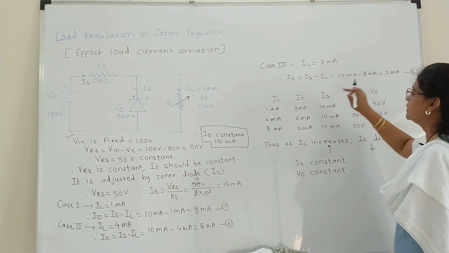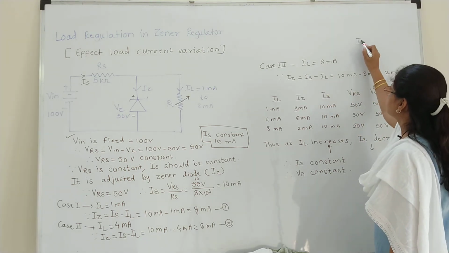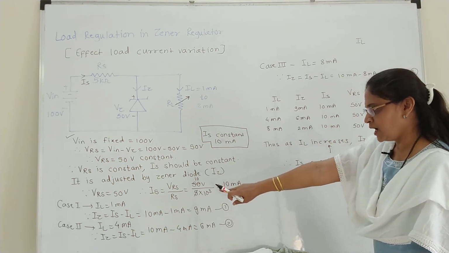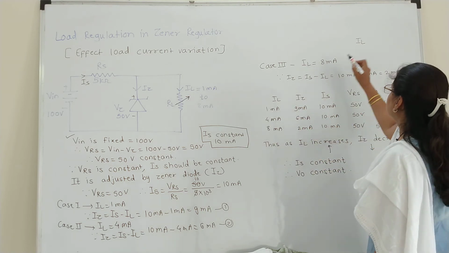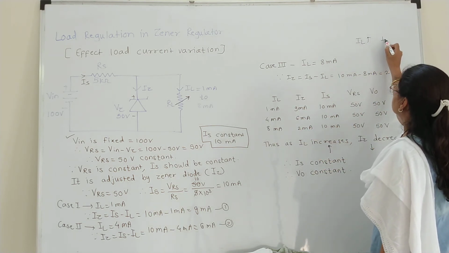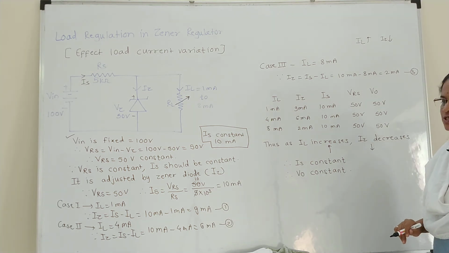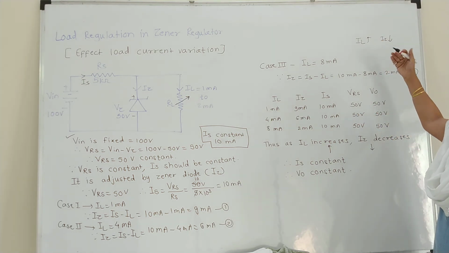So what is the observation? Here IL is dependent on IZ. IL increases by the same amount, but IZ will change in the opposite way. An increase in IL makes IZ